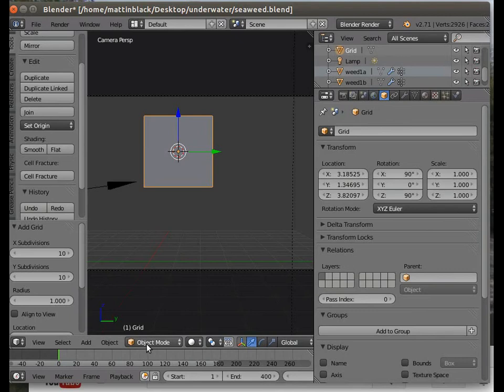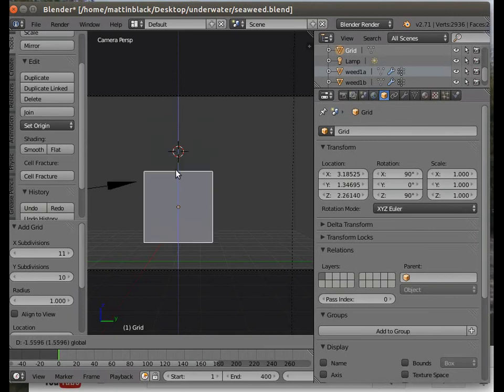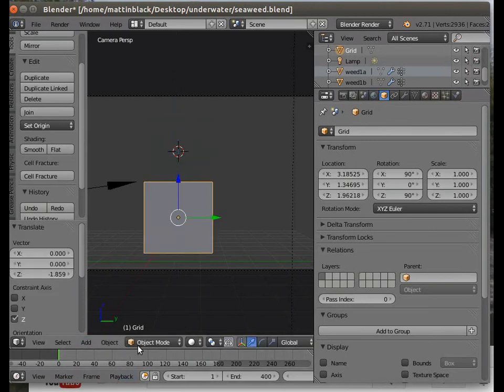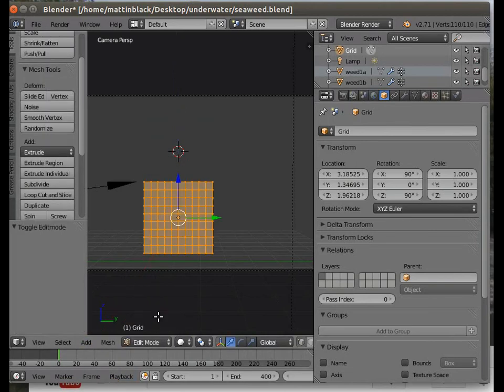Eventually it's going to end up a bit bigger. Actually, I'm going to make it 11 in that direction. As you can see, we've gone back, no rotation, so I'll need to put those back in again. And the reason for that is to get a branch in the centre, and you'll see what I mean in a second. So if I go into edit mode, we can see that the grid is just like that,